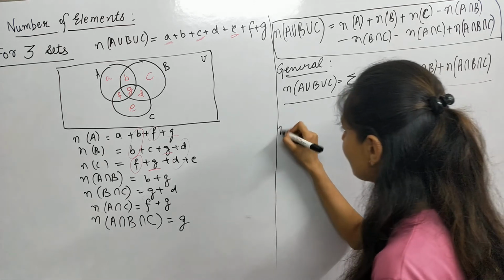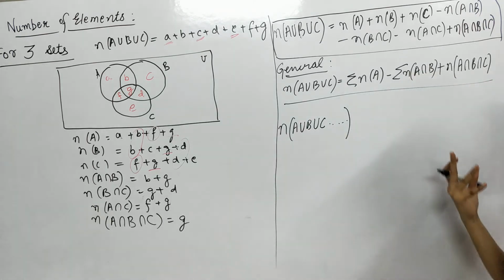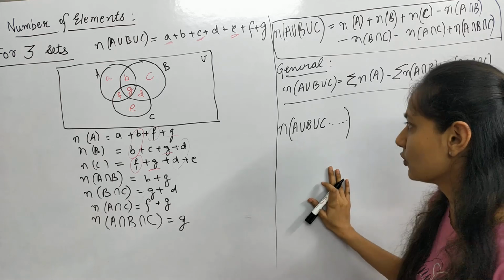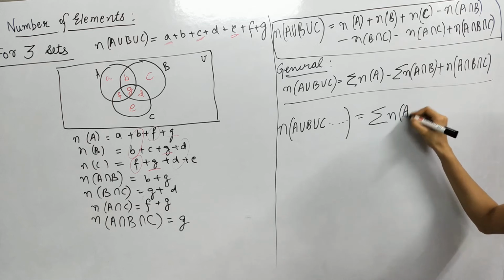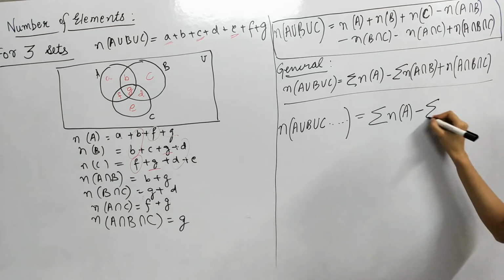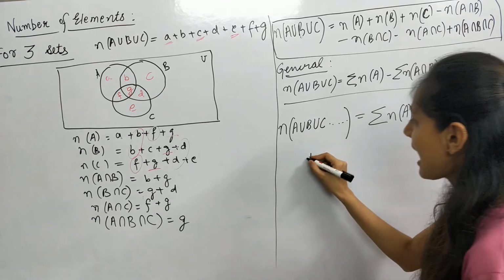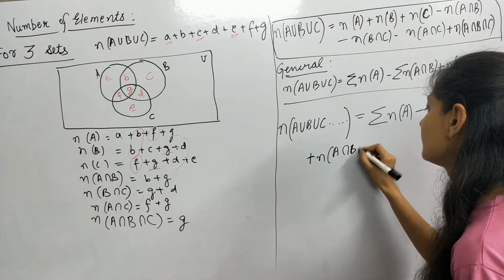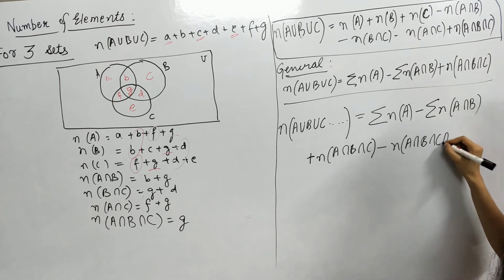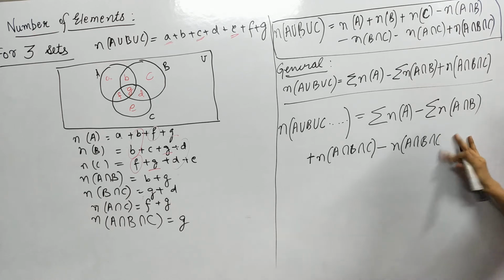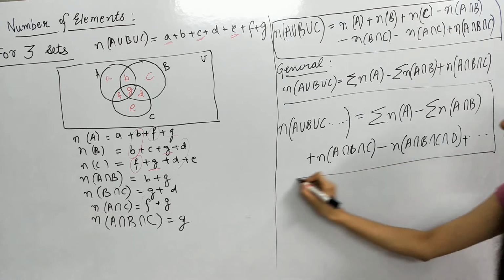So in case you are given n number of sets, that is A union B union C and so on, however many sets you are given, कितने मर्जी एलिमेंट्स सेट्स दिए हो सकते हैं, आपको उसकी यूनियन निकालनी हो तो आपने सबसे पहले क्या करना है? समेशन कर देना है सारे सेट्स का सिंगल टाइम. Then you have to subtract their intersection double time, and then you have to add their intersection of 3 sets and then again subtract the intersection of 4 sets. So in this way you will go on to find the number of elements.